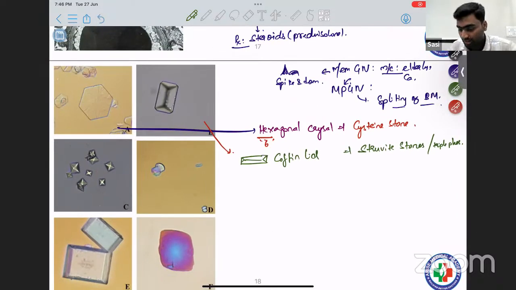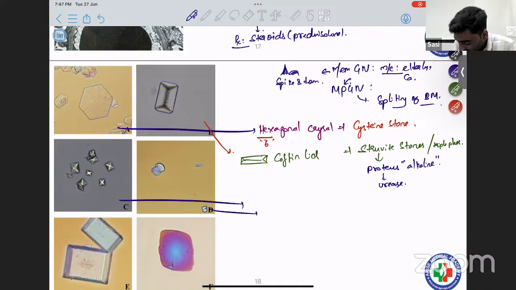Remember this thing. Okay. And these struvite stones happen because of infections like Proteus, which makes the enzyme known as urease, and it makes the urine alkaline. Yeah, you are getting it correct. You are absolutely awesome. Next one, if you see these two images, both of them